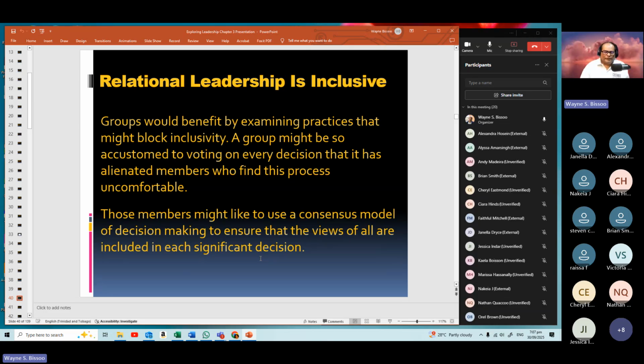In terms of making group decisions, one of the most popular ways is voting. Unfortunately, when you use voting as your key method of decision making, it tends to create problems. It tends to marginalize people, because if you have a group of 10 people and 6 people vote for one thing, it passes, but that leaves 4 people who are marginalized in the